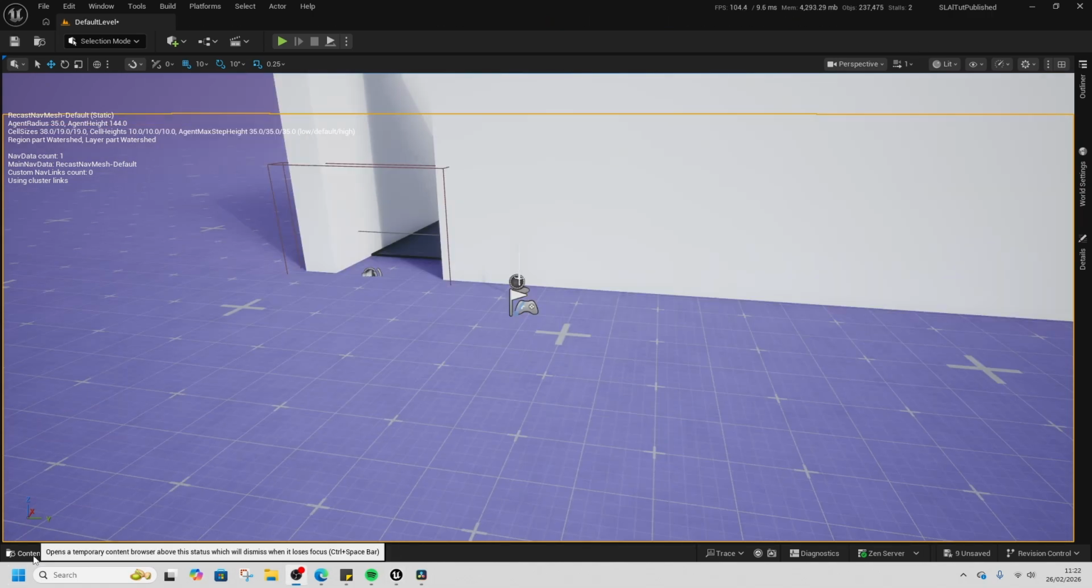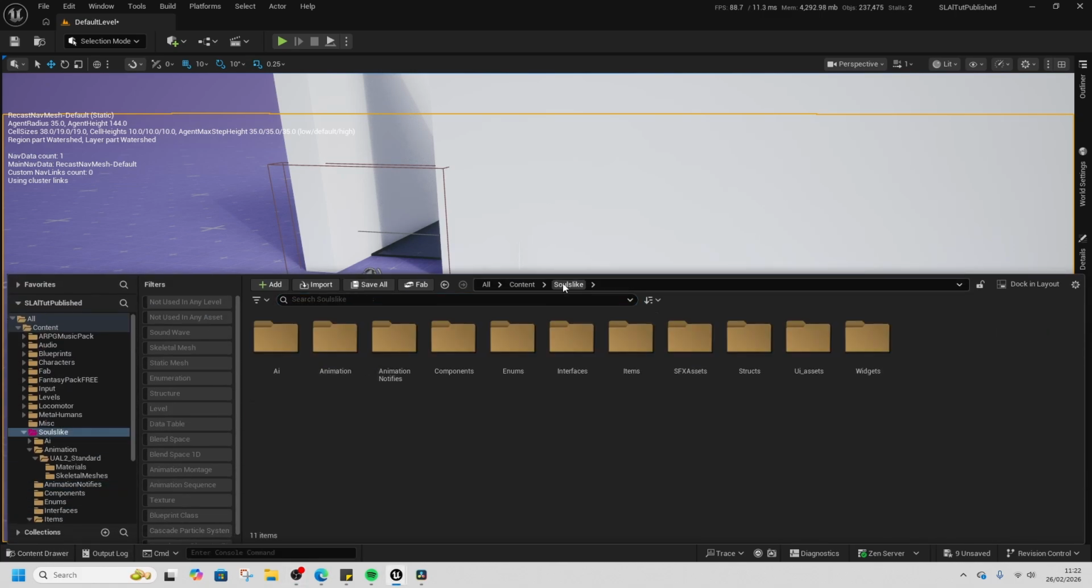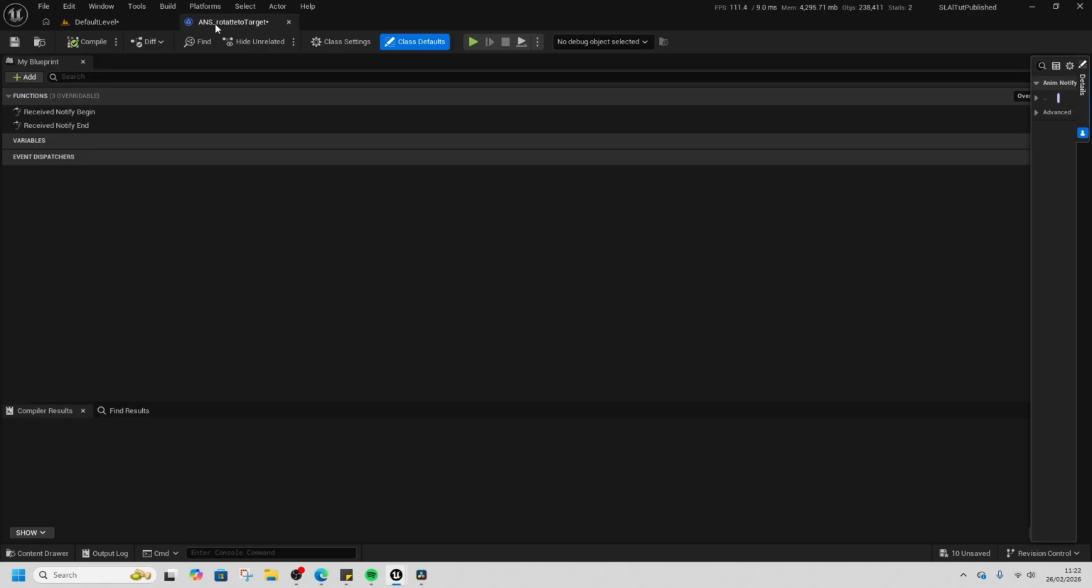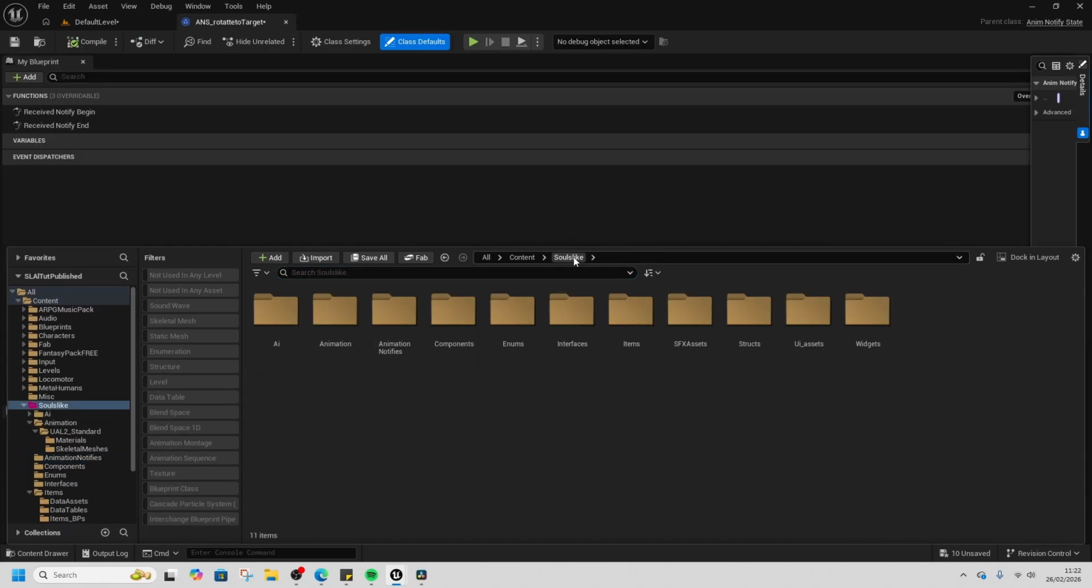Right, okay, so the first thing we need to do, content drawer, we're going to go to our Souls-like folder, find our animation notifiers, get this ANS line trace, and control duplicate it. This will be ANS rotate to target. Open that up, we're going to dock that at the top, then we're going to go back to our Souls-like,